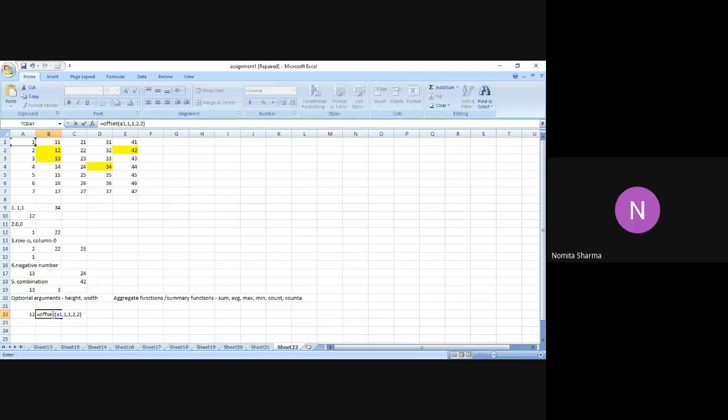If I repeat what I've done, I hope it will give me the error. I think so. So OFFSET(A1,1,1,2,2). And hey, it has given me the error. Reason being, can anybody tell? We haven't used any aggregate function along with this OFFSET, because OFFSET, please remember, will give you individual value without